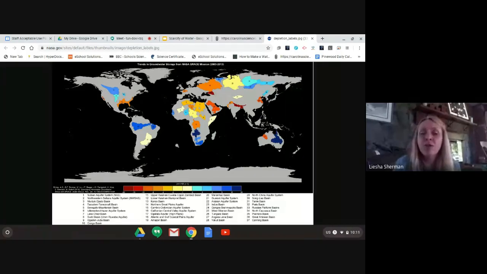Those places show areas where the groundwater is being replenished or refilled faster than people are using it. So that would show areas where they probably have a really good amount of water